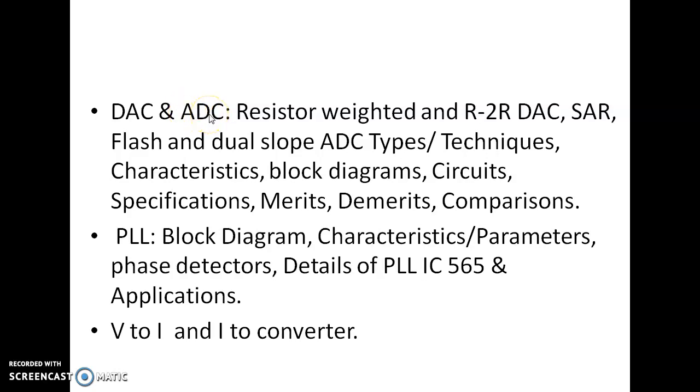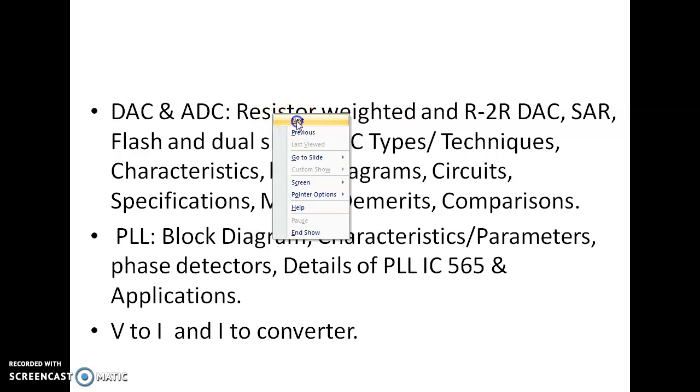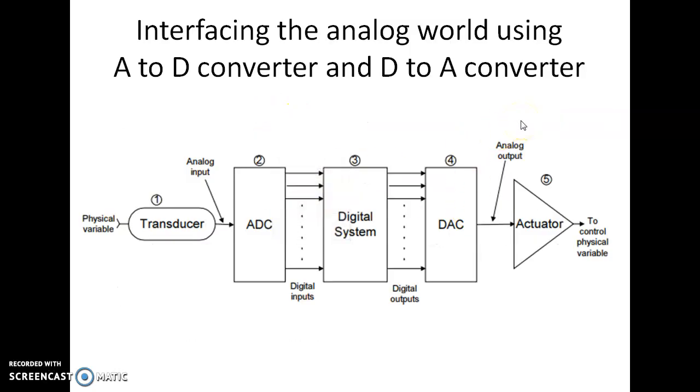The classification of the data converters: the D2A converters are divided into weighted resistor DAC and R2R DAC. And A2D converters are divided into flash type ADC, counter type ADC, single and dual slope ADC, and successive approximation type ADC. The D2A converter is sometimes called a decoding device, whereas the A2D converter is referred to as an encoding device. We will consider D2A conversion first, since it is a more straightforward process compared to A2D conversion.